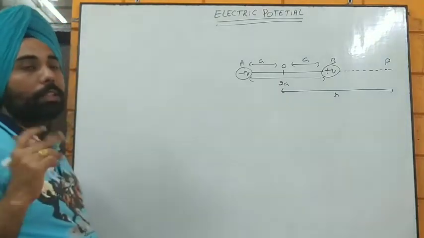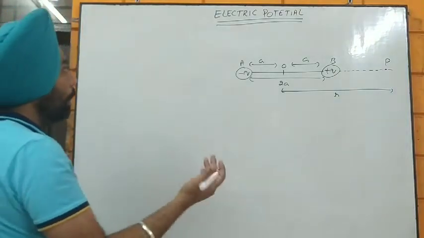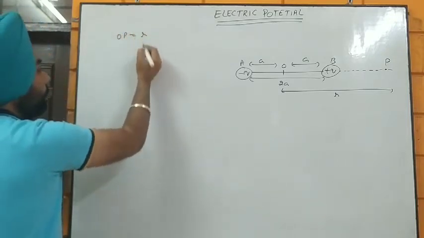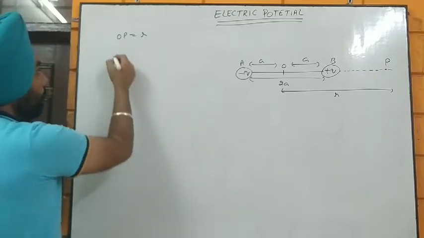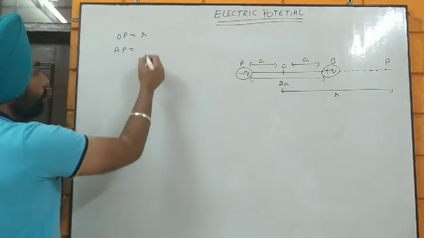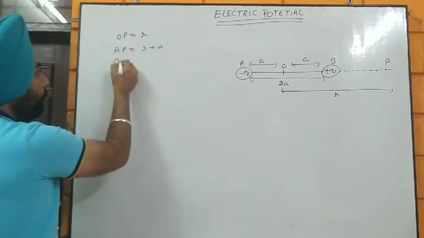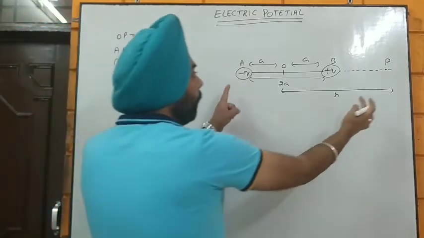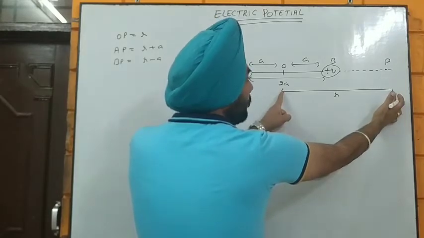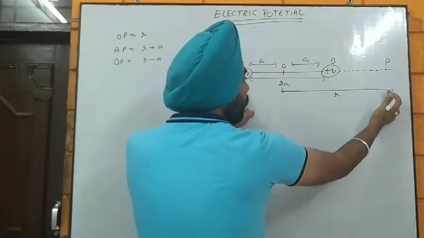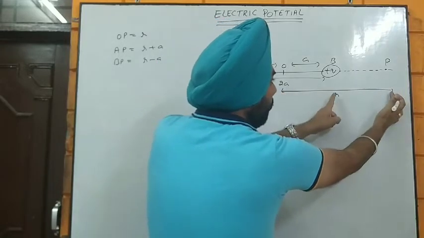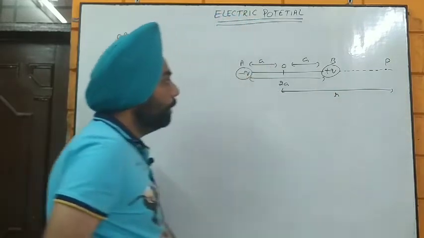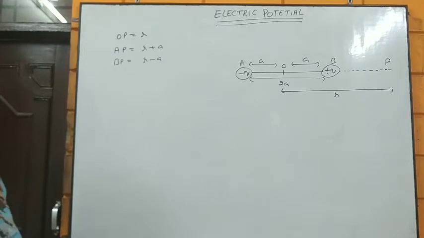Now how can we solve that? It's a similar kind of thing. You have to write the construction, but I am doing it shortly for you. So let's say OP is equal to R, and now what is AP? AP is going to be R plus A, and BP is going to be R minus A. Now see the diagram. At point O, that is R and that is A, so AP is R plus A, and similarly BP is R minus A. So we got the values of AP and BP.